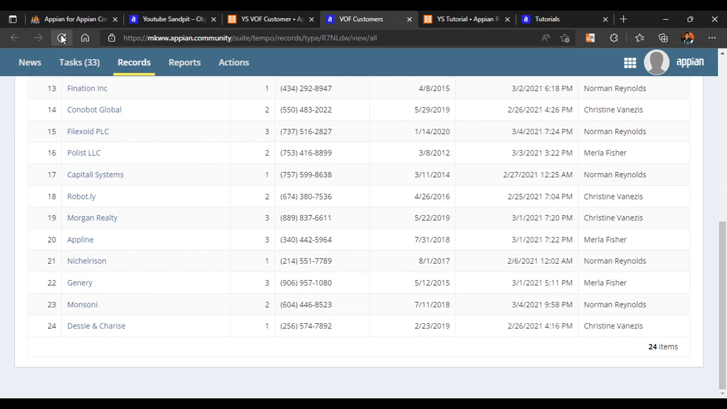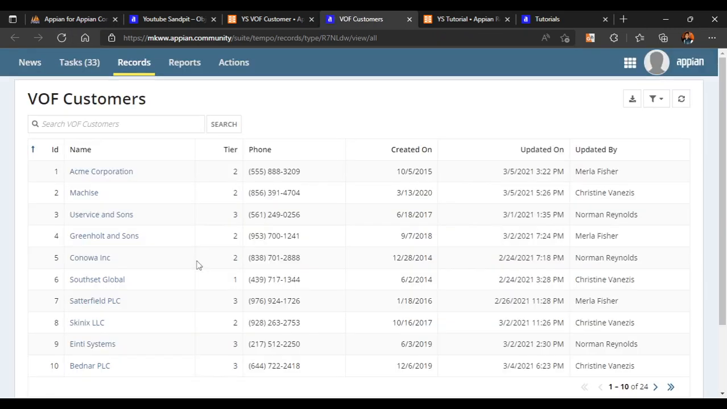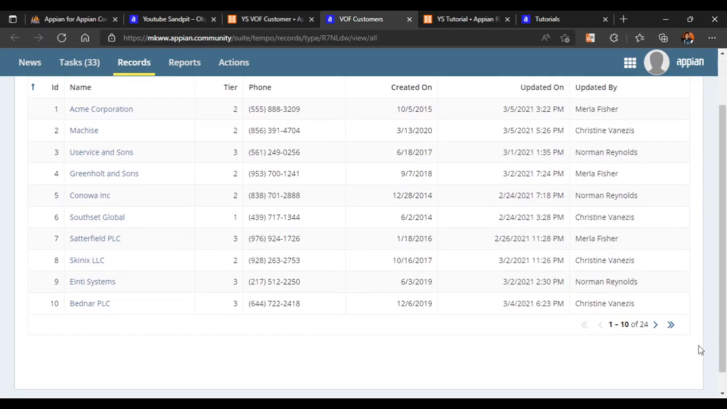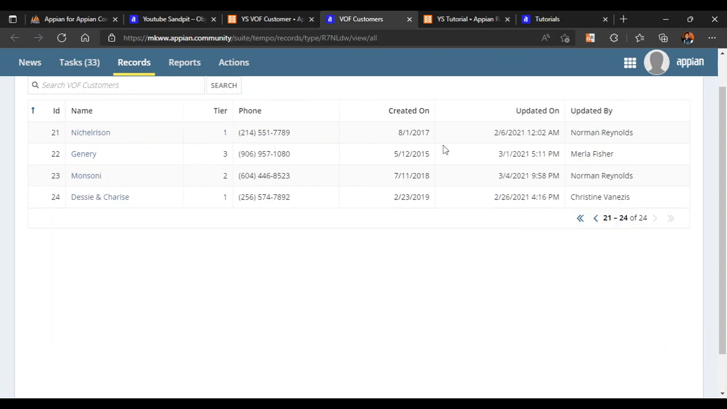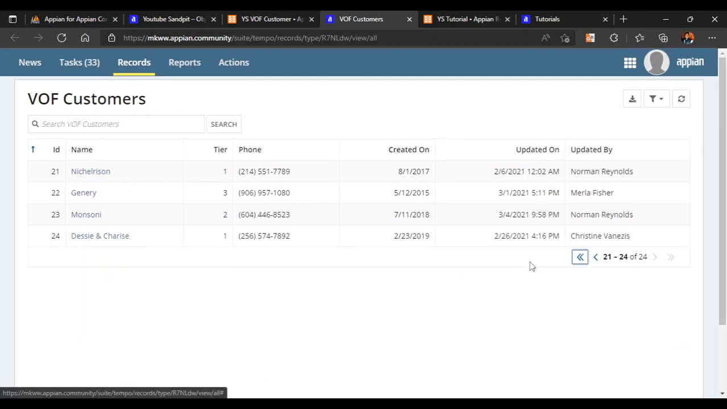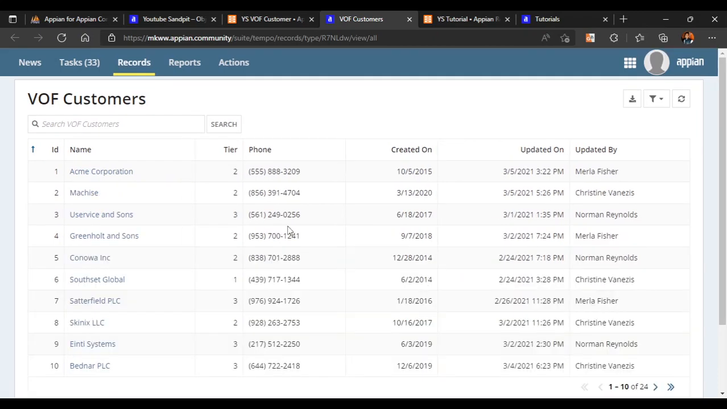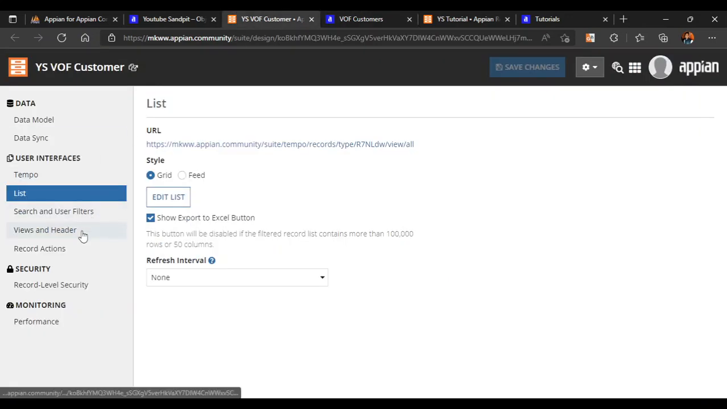We'll refresh our records. Now you can see only 10 are there. If you click on Next, all the data shows from here, so all the record lists that are there are showing. In a similar way, we will try other options in the records in our next videos: how to create user filters, views and record actions for that. So that's